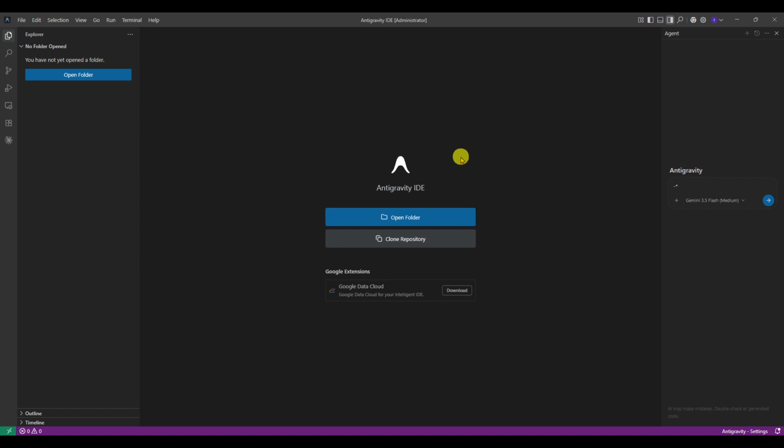Once Antigravity is open, direct your attention to the top right area of the window. You'll want to locate the Agent panel. This is where you can manage agent-related tools and settings, including MCP server connections. If your screen looks slightly different, stay focused on the top right section, since that's where this option is typically